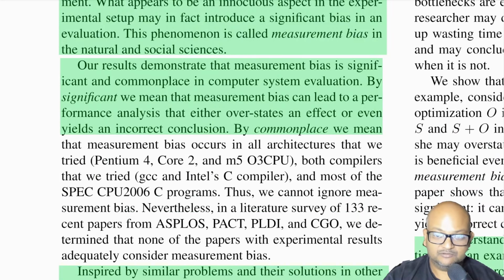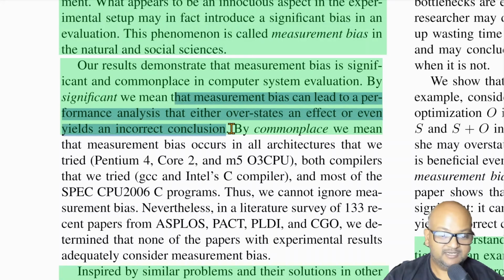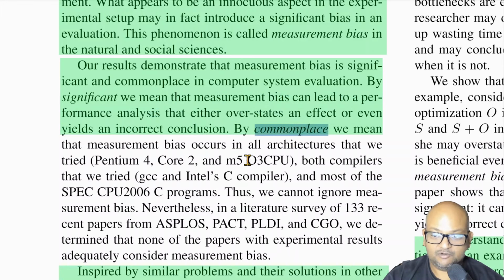What the authors found was that within computer science systems research, measurement bias was both significant as well as commonplace. And what they mean by that is that it is significant in the sense that measurement bias can overstate an effect or sometimes simply lead to an incorrect conclusion about the effect even being present. And it is commonplace because the authors found this to occur in most major architectures, most major compilers, and most